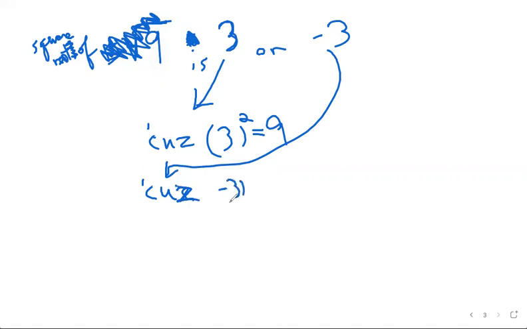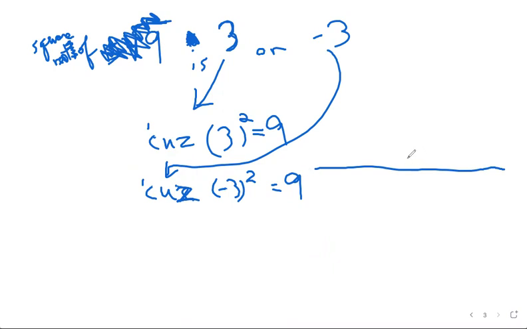Because -3, if I square that, a negative times a negative, -3 times -3, is also 9. So they both meet the definition really well, and so it's no problem. What it means is I can picture on my number line,